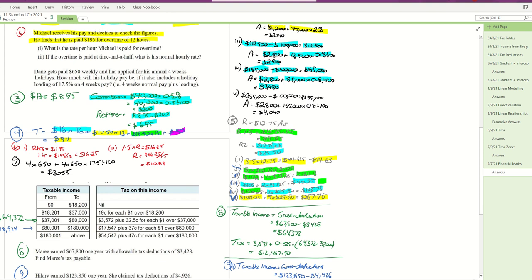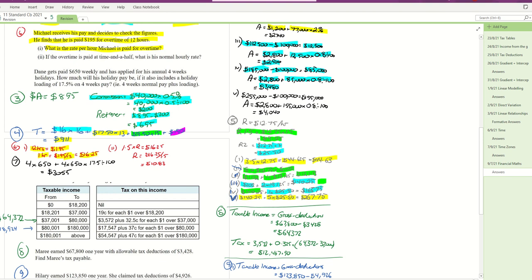So on his salary, no doubt he's got normal hours as well. They're in lines, and he's found that he's done 12 hours overtime in addition to that, and he's paid $195 for that. So what is the rate per hour Michael's paid for overtime? We have got down here 12 hours overtime equals $195. So 1 hour is simply $195 divided by 12,